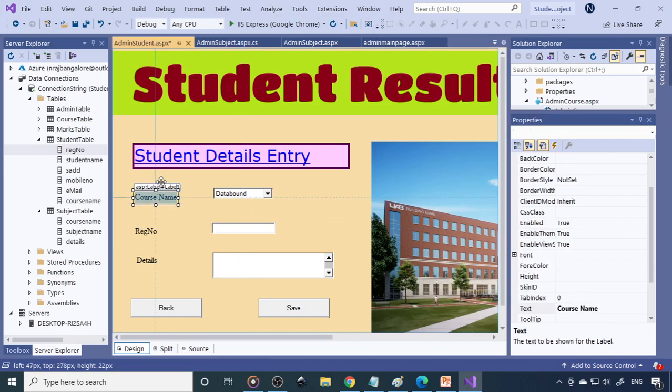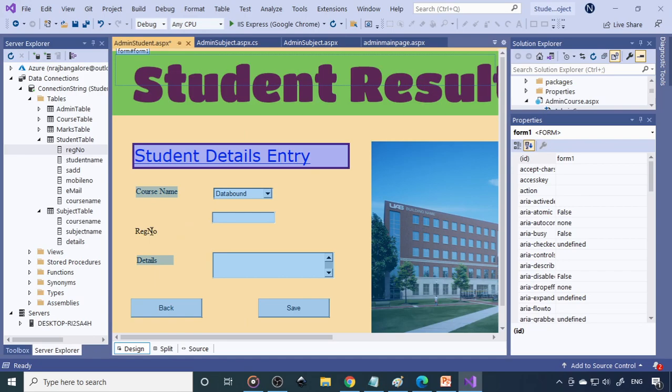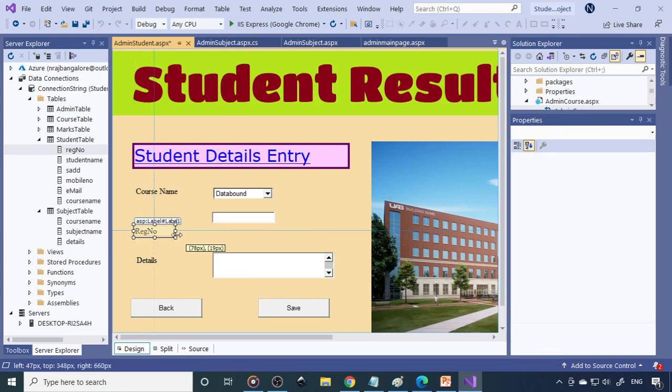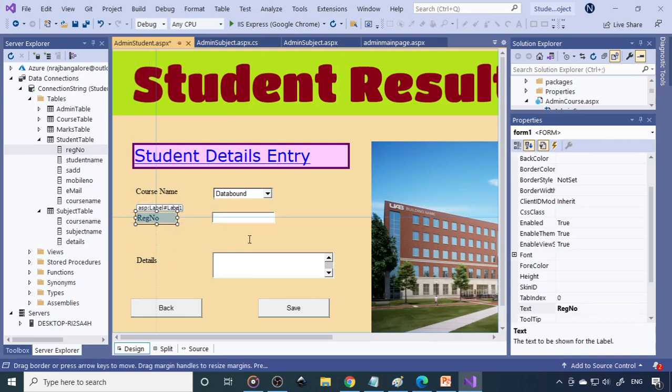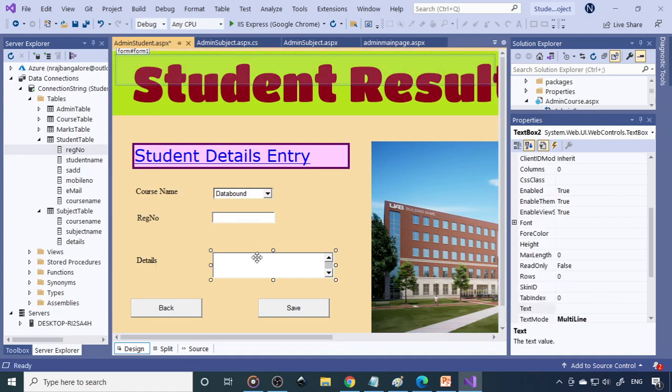So you need to select the course which he belongs to, then the register number, then you require a name. Student name, then the address. Okay, so this is text box 2.